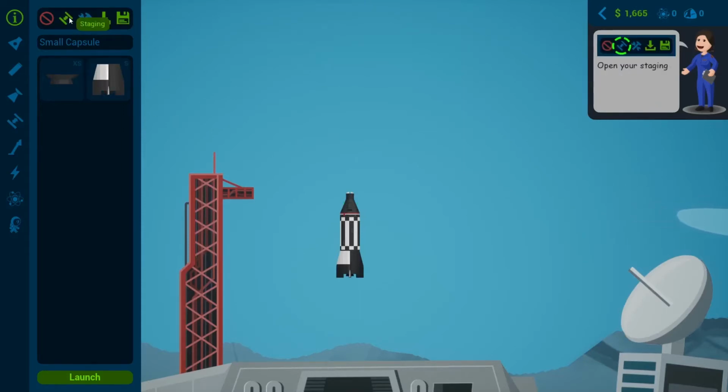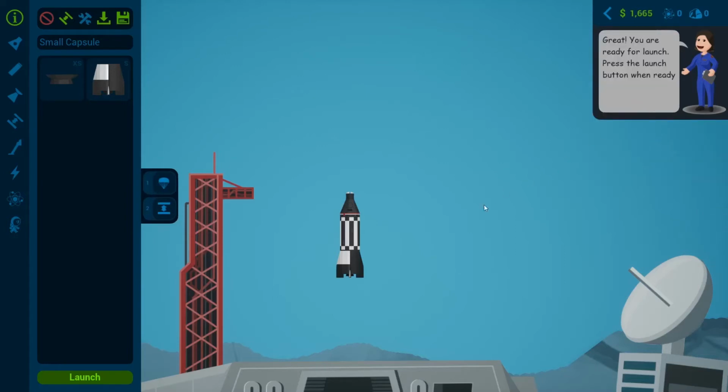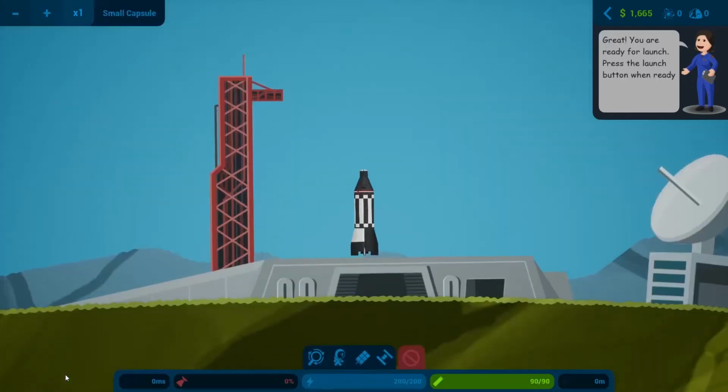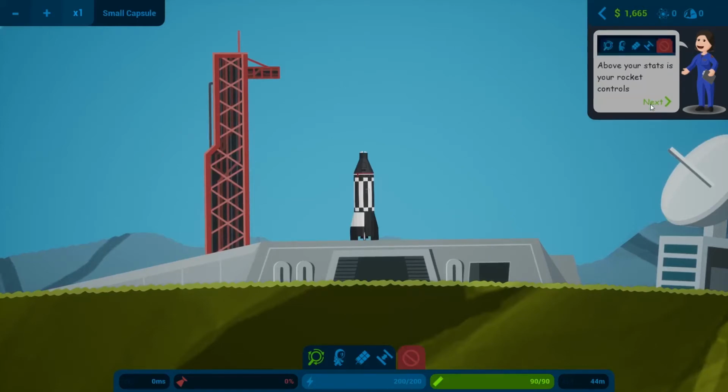So the rocket has different stages here. The first stage is decoupling the engine and the fuel tank, and then the second stage is going to be the parachute. So we're going to go ahead and launch this thing. At the bottom there's the stats, so there's power, and then there's the fuel capacity,